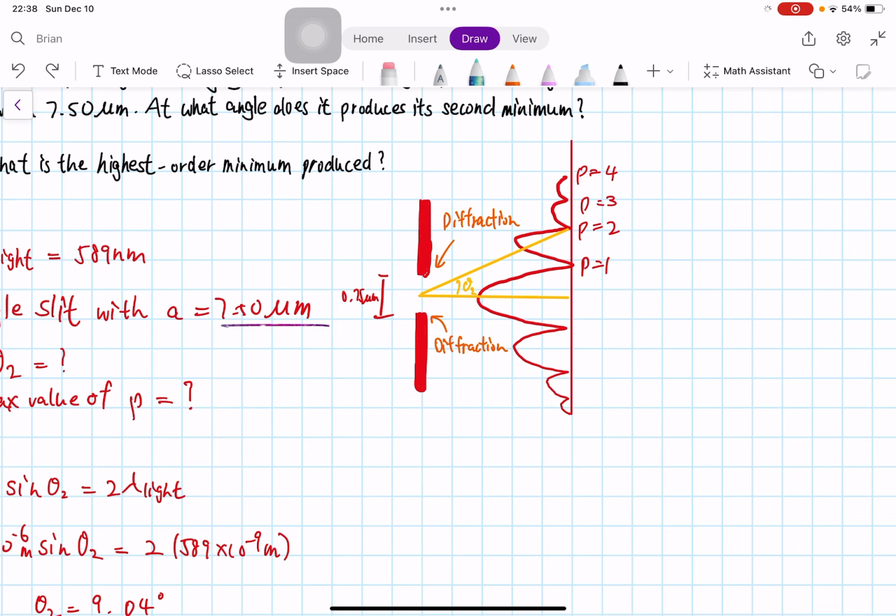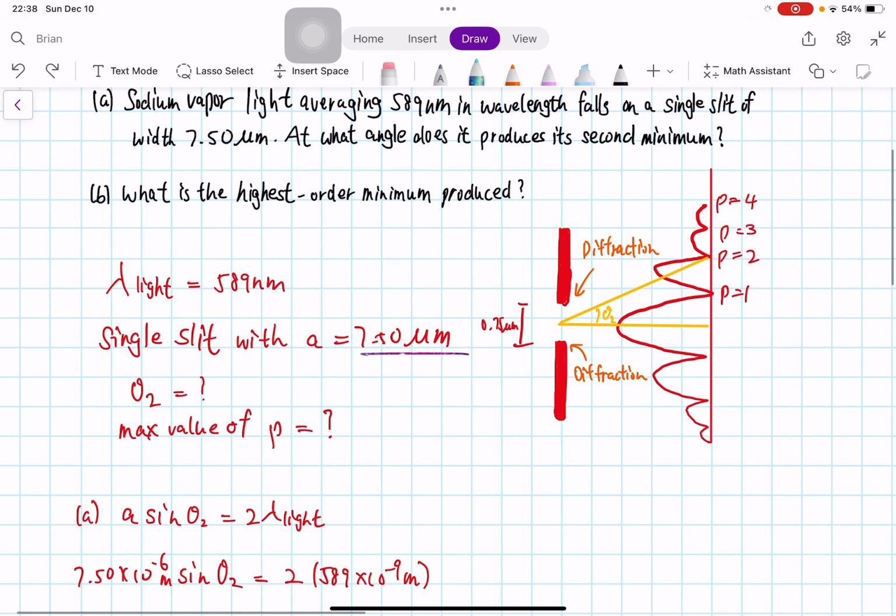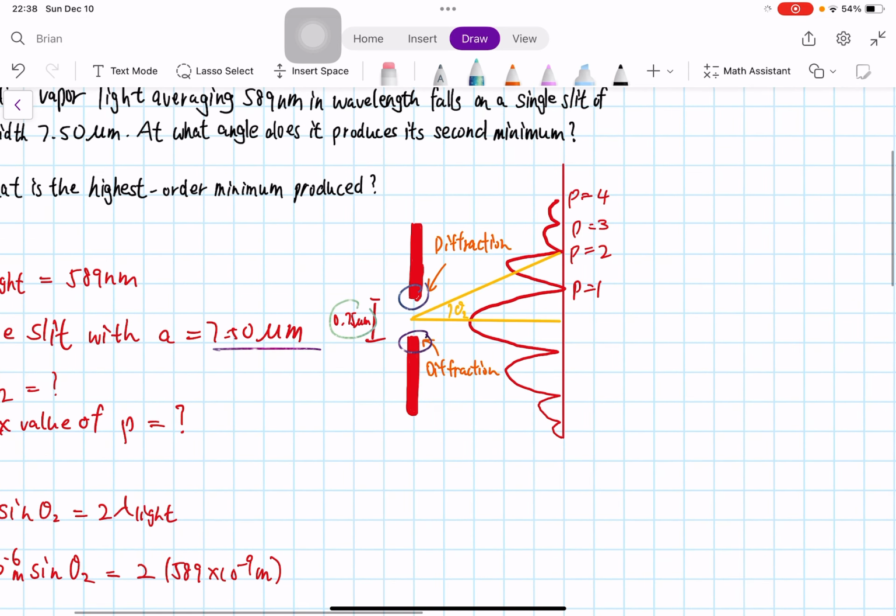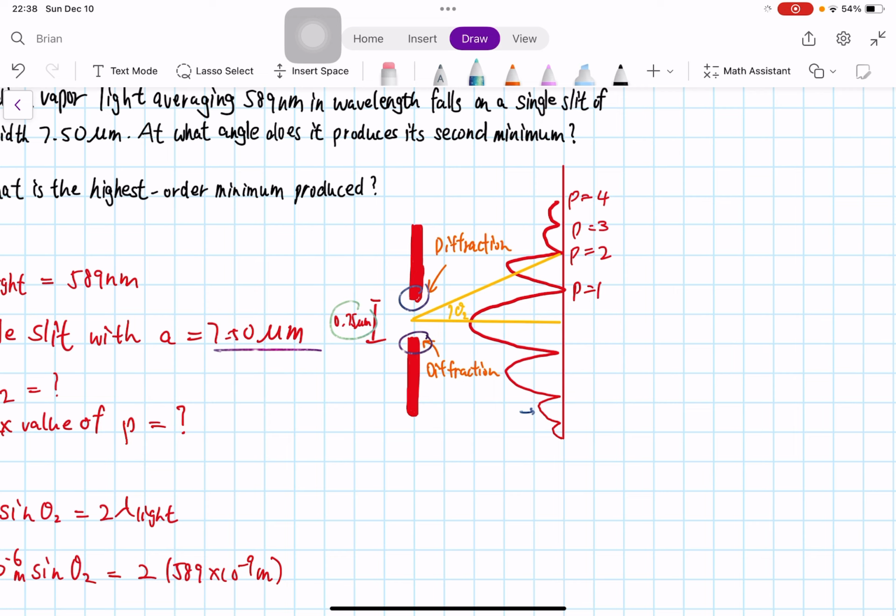So we see here I draw a single slit diagram. This would be the slit here, and it's saying the slit width is 7.5 μm. So here it is, and here it has diffraction. At each point of diffraction, it's gonna generate two waves, and those two waves would interfere to form this pattern, and at these points,